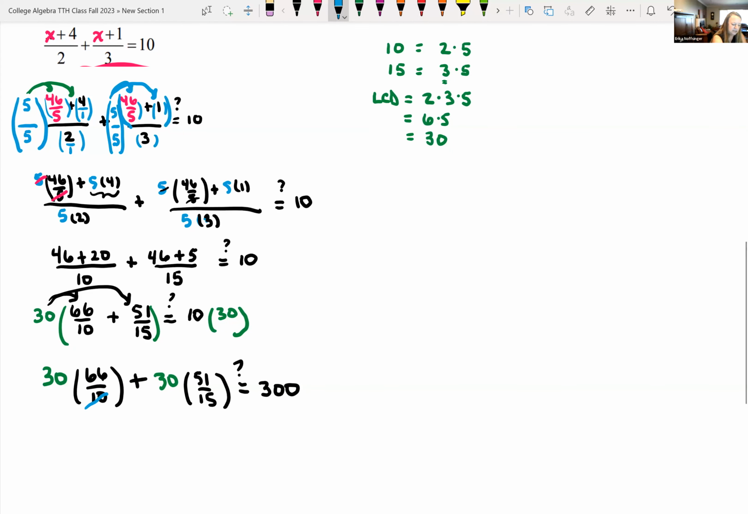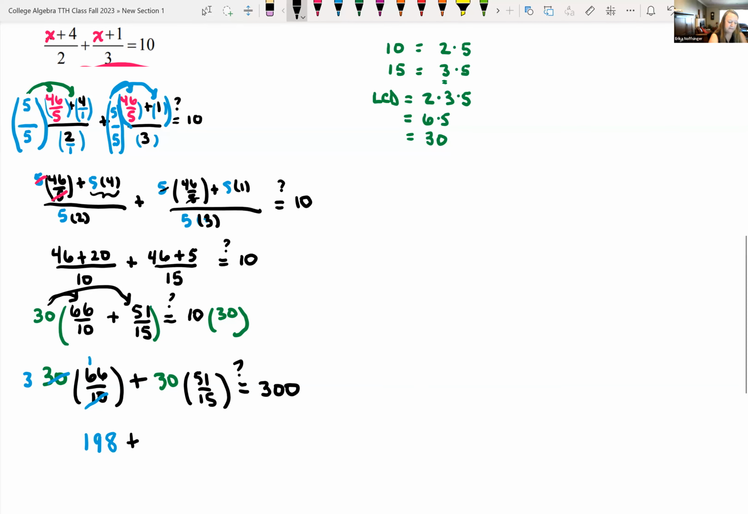So 10 goes into 30 3 times. So I'm left with 3 times 66. Let me just do that real quick. I know 3 times 6 is 18, so I'm going to put an 8 and carry my 1. 3 times 6 is 18 plus the 1 I carried, so that gives me 19. So 3 times 66 should be 198 plus,